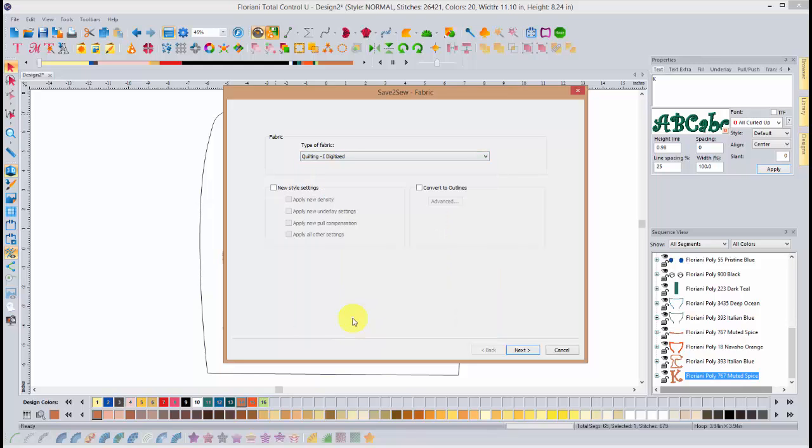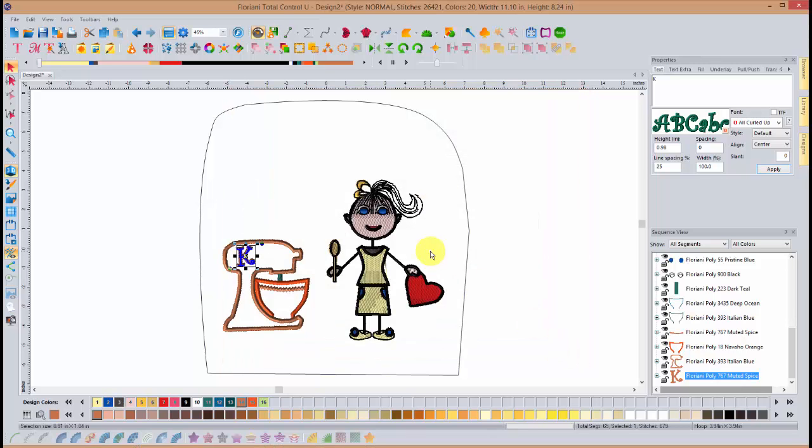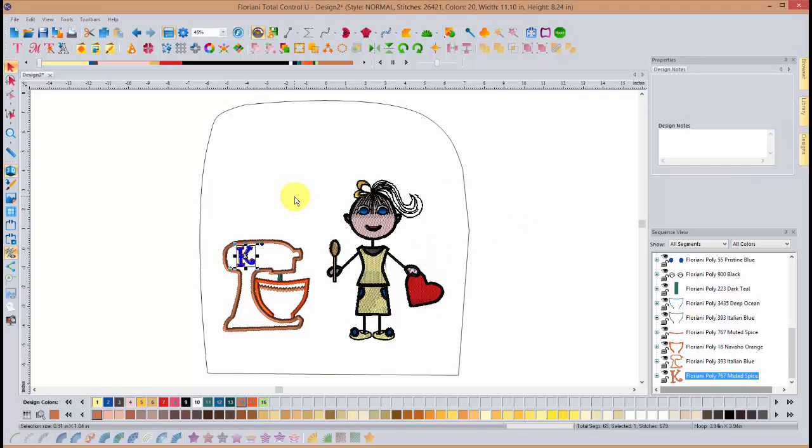I did digitize this design, so I'm going to make sure that I select that. And then I would go through here and apply a new density setting. So I might encourage you to do that also with this design if you have any worries about it. Once I have my designs exactly the way that I want them, the last thing that I did,